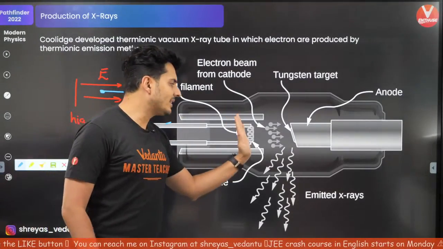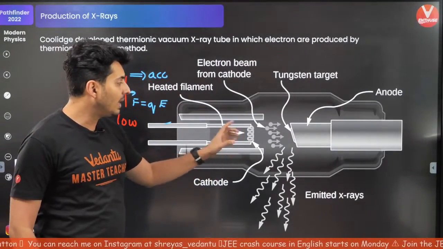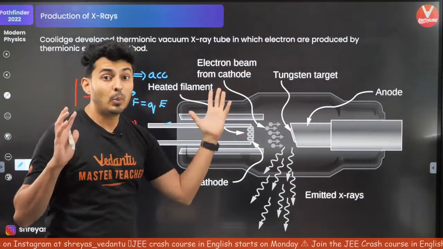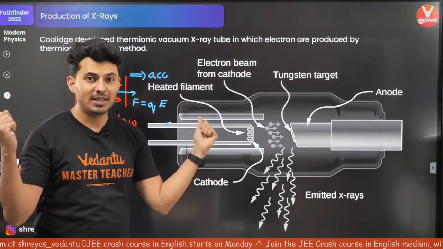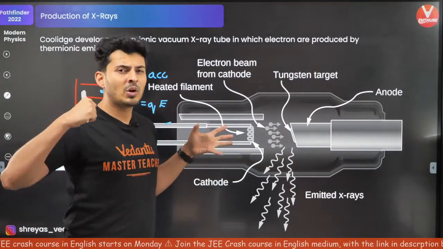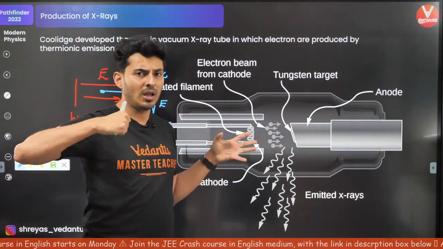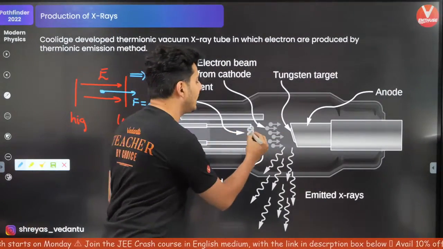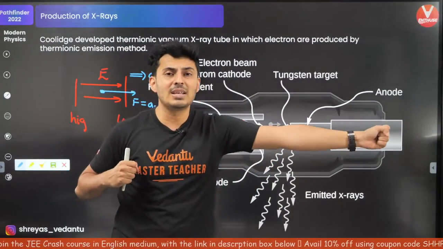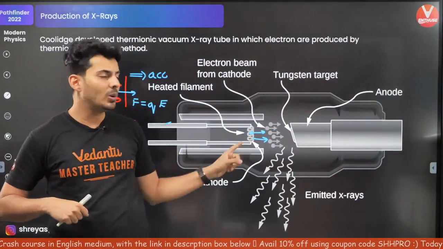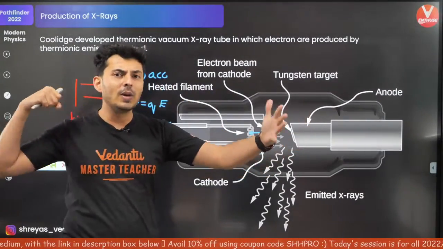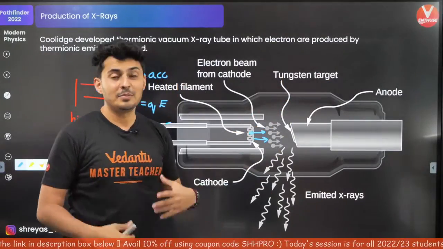Okay, so there is one side through which you have a filament, and you connect this side to this side with a potential difference. So you apply some force, and this force is so strong because the potential difference is so strong. So this force forces the electrons out of this filament. It gets pulled because of the electric force. They get knocked out and they get accelerated, and when they have high energy, they collide with this target material.